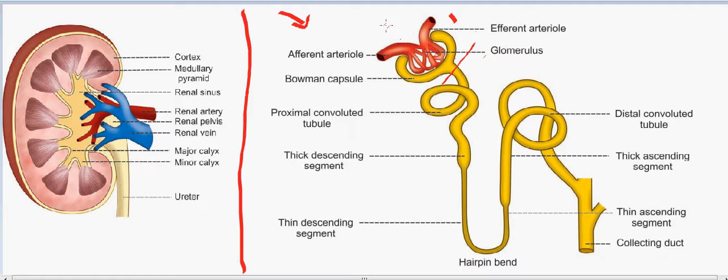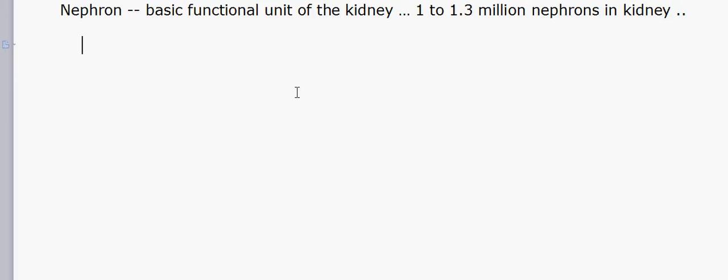And the second part of the nephron is the renal tubule, which consists of several tubules, which is this part, which serves as the passage of the urine, which concludes in the collecting duct. So we'll speak about this a little further. First we'll write the parts. So the first part of the nephron is the renal corpuscle.